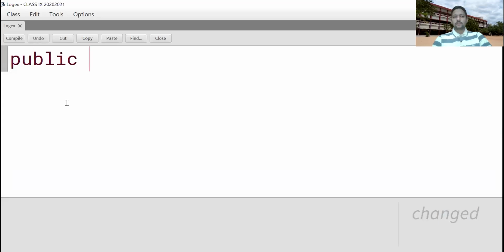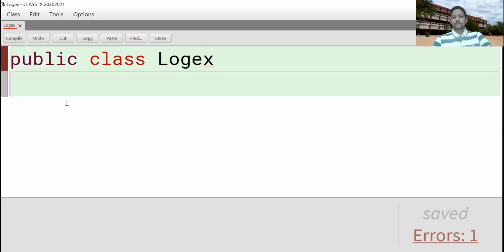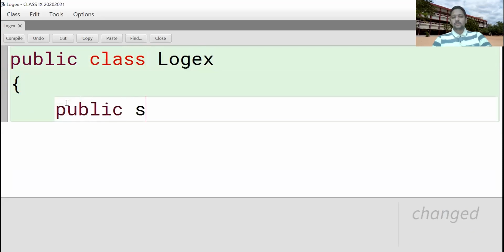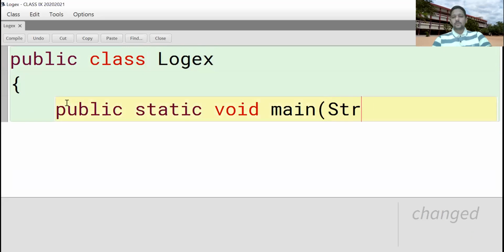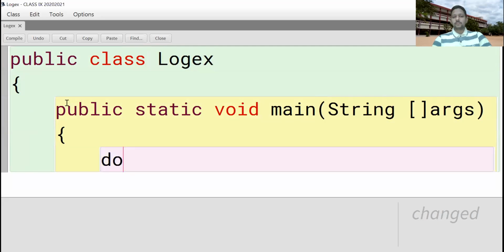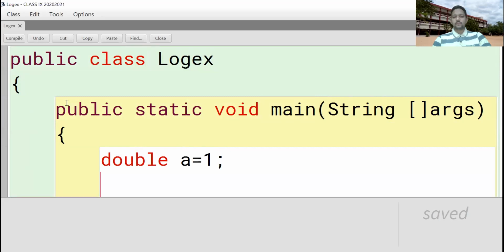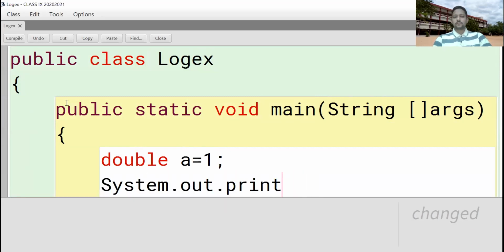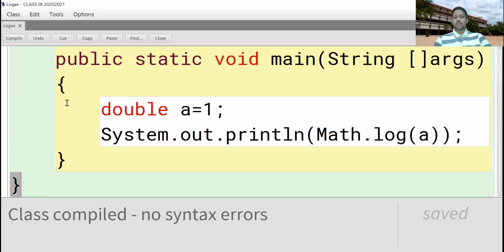So type the class name, main method, then take one value, double A is equal to a positive number. First we will go with a positive number. Math dot capital M log of A. Close main, close class, compile, no syntax errors.